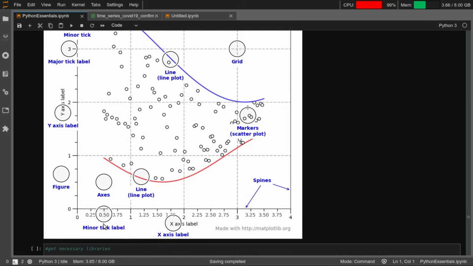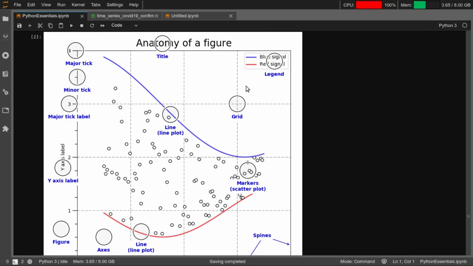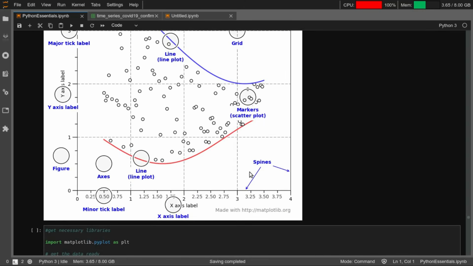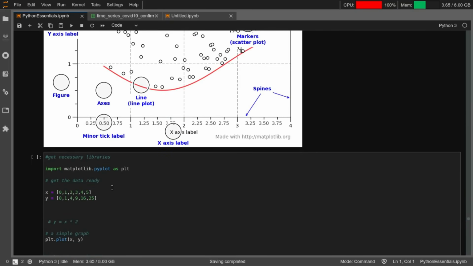And you can define the major ticks. These are minor ticks. 0, 1, 2, 3, 4 are major ticks, and the intermediate ones are called minor ticks. You can plot a line, you can plot different markers, and you can have a grid. So this dashed line is a grid. You can add a legend and all of that. We have already covered how to install it. It's a simple pip install or pip3 install matplotlib.